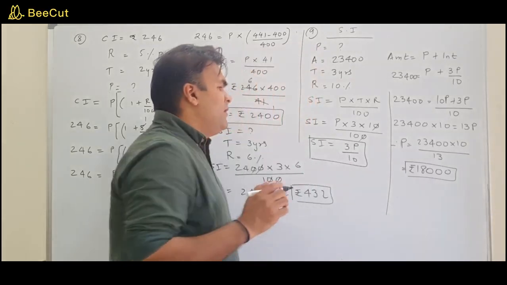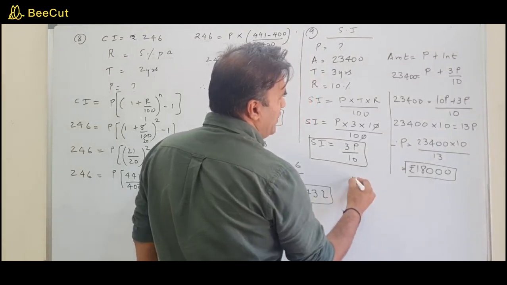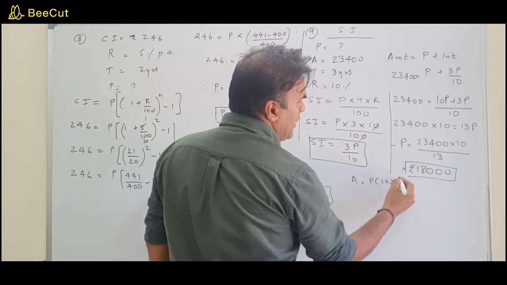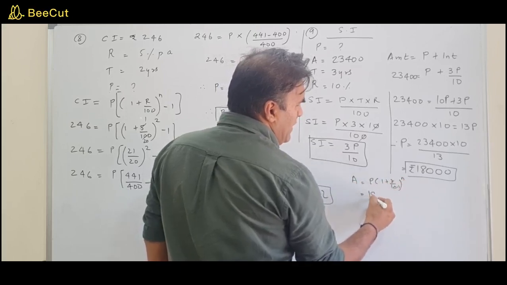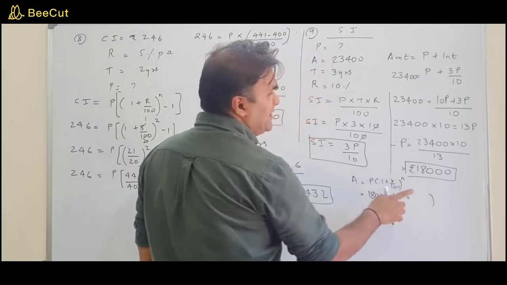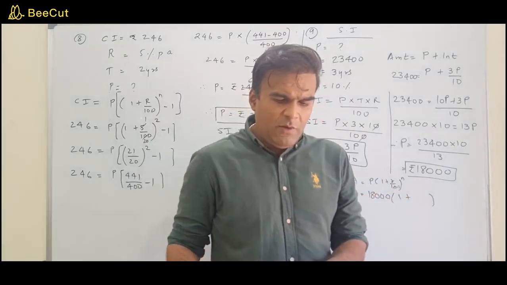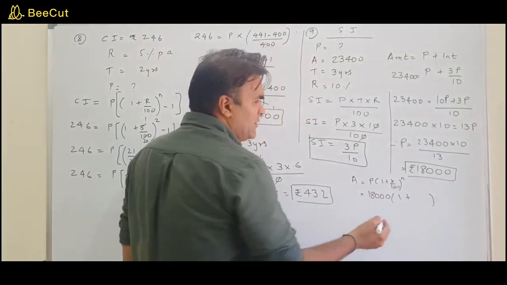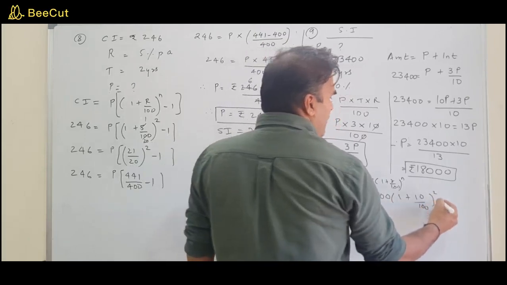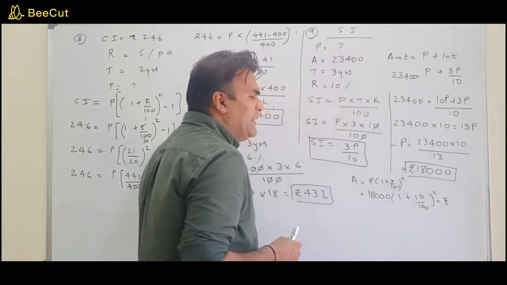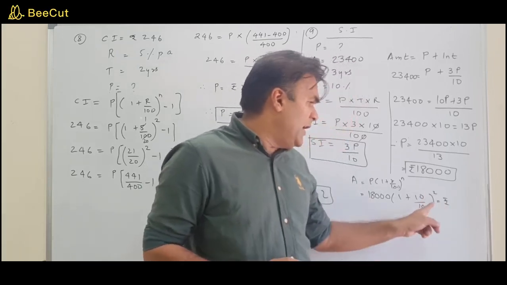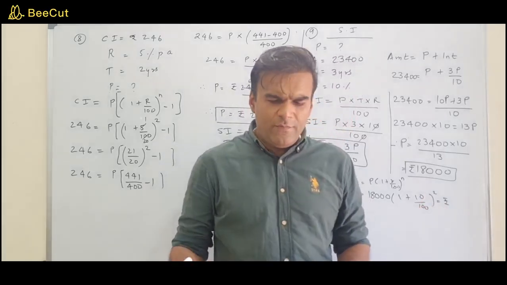So my dear friend, you will simply substitute the value over here. A equals P into (1 plus R upon 100) raised to n. Principal would be 18,000. Rate would be 10%, that too for 2 years, so 10 upon 100 for 2 years. It will be very, very simple to calculate this. It will come up to 180 multiplied by, the 0s cancel, 11 into 11.